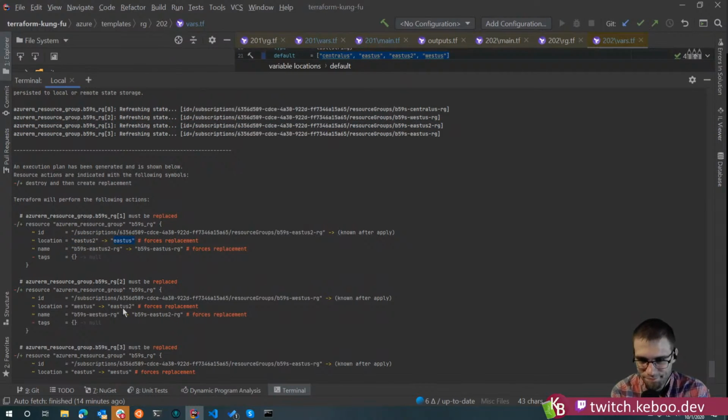So the quote unquote change, as you mentioned, you can't move a resource group across locations. But you could change its name. Actually, I don't think you can change its name. I was going to say, I'm just noticing the name change also shows force replacement. You can't rename resource groups. You really can't rename anything in Azure, I don't think. I'm not aware of anything without some kind of a replacement.